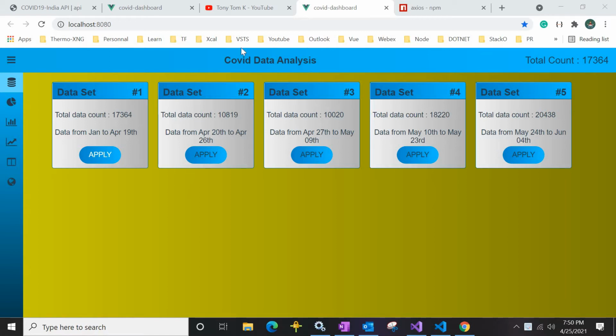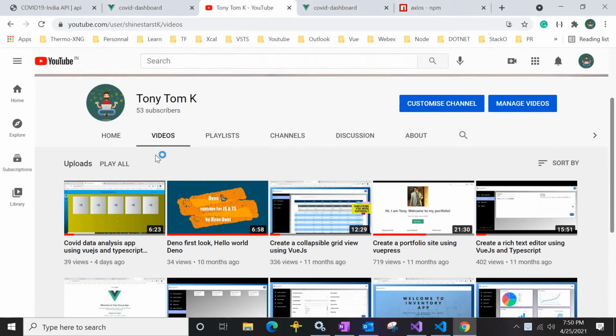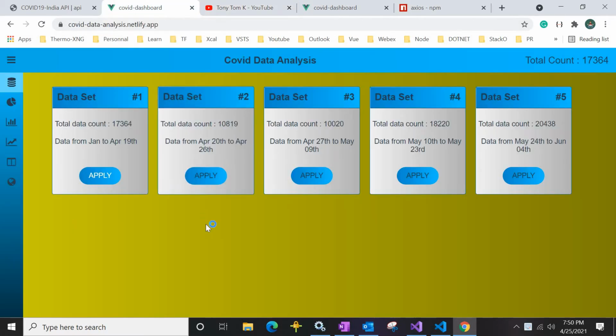So as we mentioned earlier in our previous video, we'll be checking step-by-step scenarios on how we can understand all the binding in this application. As part of that, we decided we will add one more data set and see how we get the data and how it's binding in all the other components.